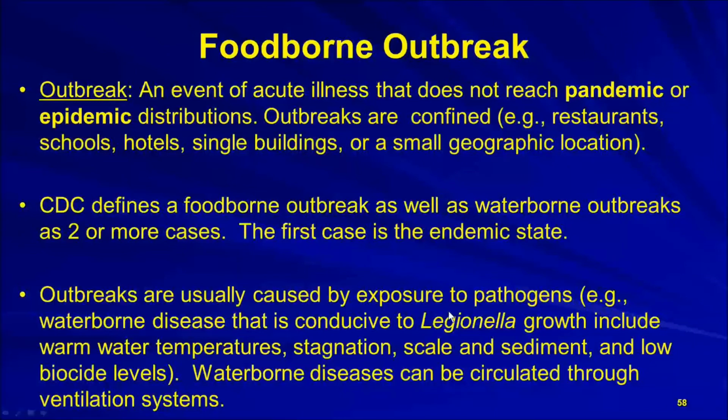And we had, I can't remember, I think there was 242, don't hold me to that number, of people that got sick, and several of them died. So again, if we're talking about an outbreak, it is restricted to a small geographic area. It usually has a criterion, in this case 2 or more, and I've just talked about waterborne and foodborne, but we also have disease-borne, or we have diseases that would be considered only as an outbreak. Okay?